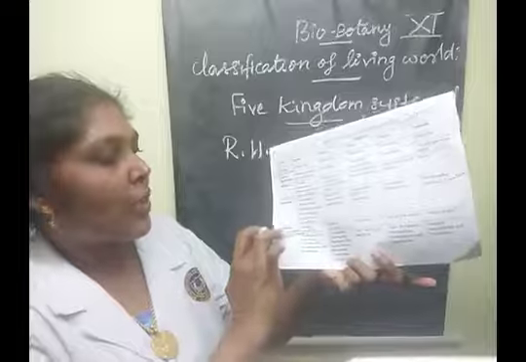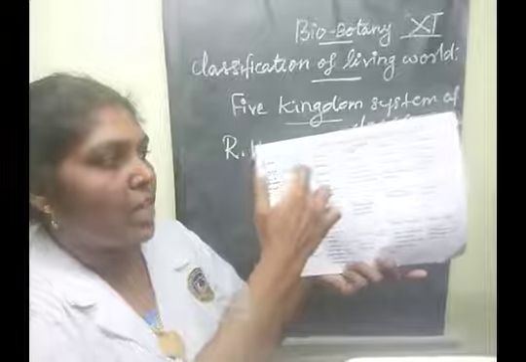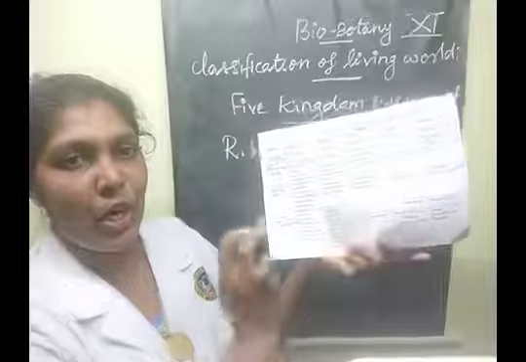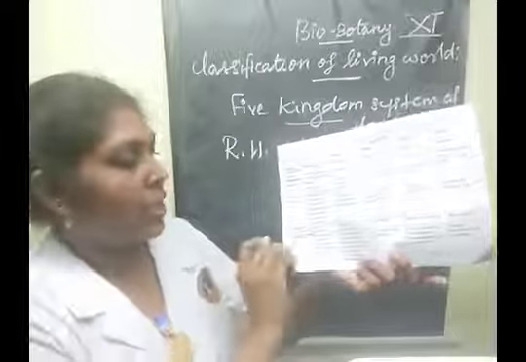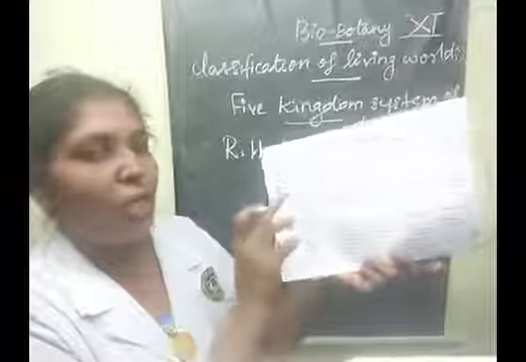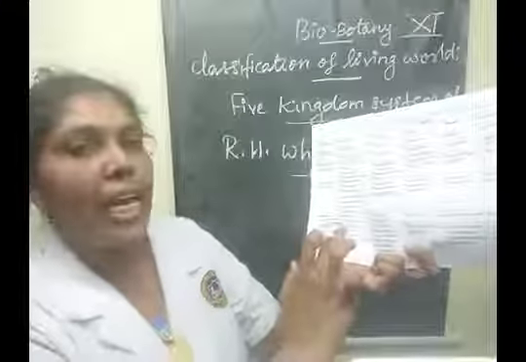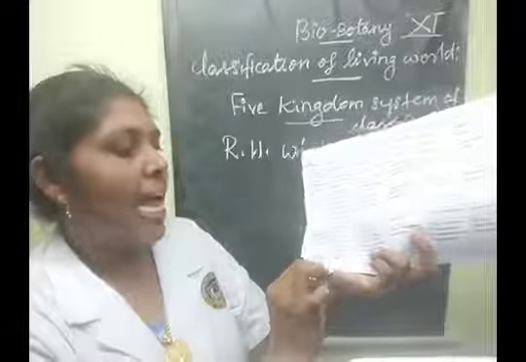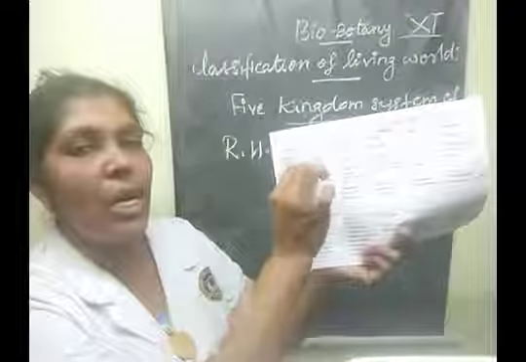The next one is motility. Most are motile or non-motile. Which kingdom comes under motile and which one is non-motile? It is mentioned in this column. Clear? So the movement is the ability to move or inability to move. Understood, children? Yes. Next one, examples of the organisms. For the Monera kingdom, the examples are Archaebacteria, Eubacteria, Cyanobacteria and Mycoplasma. So these are the examples that come under the Monera kingdom.